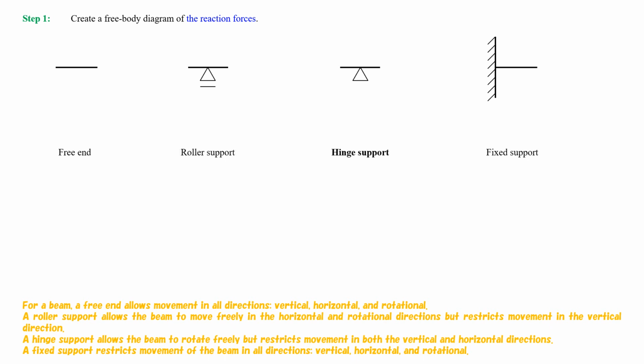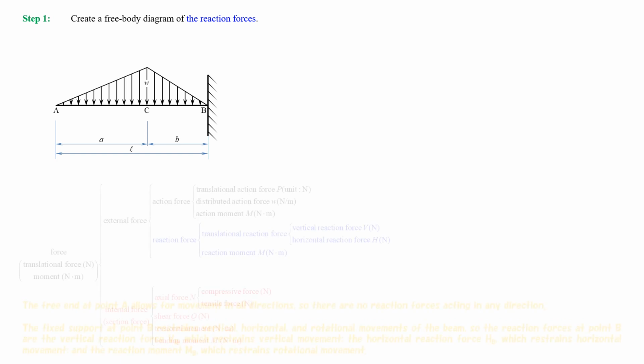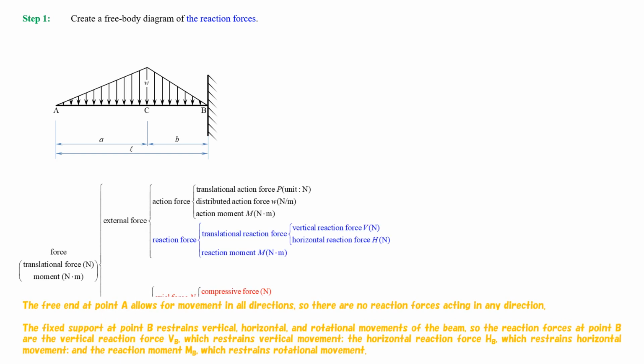A hinge support allows the beam to rotate freely, but restricts movement in both the vertical and horizontal directions. A fixed support restricts movement of the beam in all directions: vertical, horizontal, and rotational. The free end, at point A, allows for movement in all directions, so there are no reaction forces acting in any direction. The fixed support, at point B, restrains vertical, horizontal, and rotational movements of the beam, so the reaction